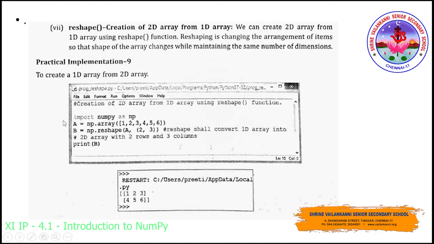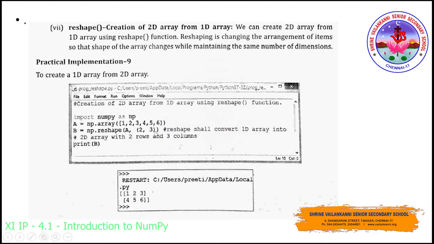So a, the variable a, that is, we have created an array for variable a, that I have to make a change over there. So I have to specify that particular variable, and what is the shape that I have to specify. So 2 rows and 3 columns I have provided. So this one dimensional array I'm going to convert into a two-dimensional array. So 2 rows and 3 columns.